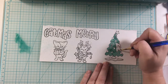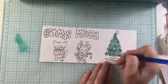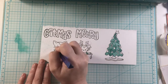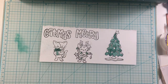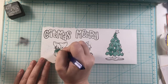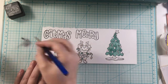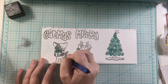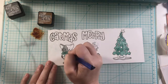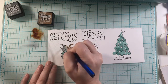So now I am actually watercoloring with the Distress Ink minis. This is one of my favorite ways to do this. So I did go ahead and stamp this in VersaFine Onyx Black ink, which is a water-based ink, so that I was able to watercolor it. I love watercoloring with my Distress Ink minis so much. I haven't done it in a while, so it was so nice to just sit back and relax and watercolor